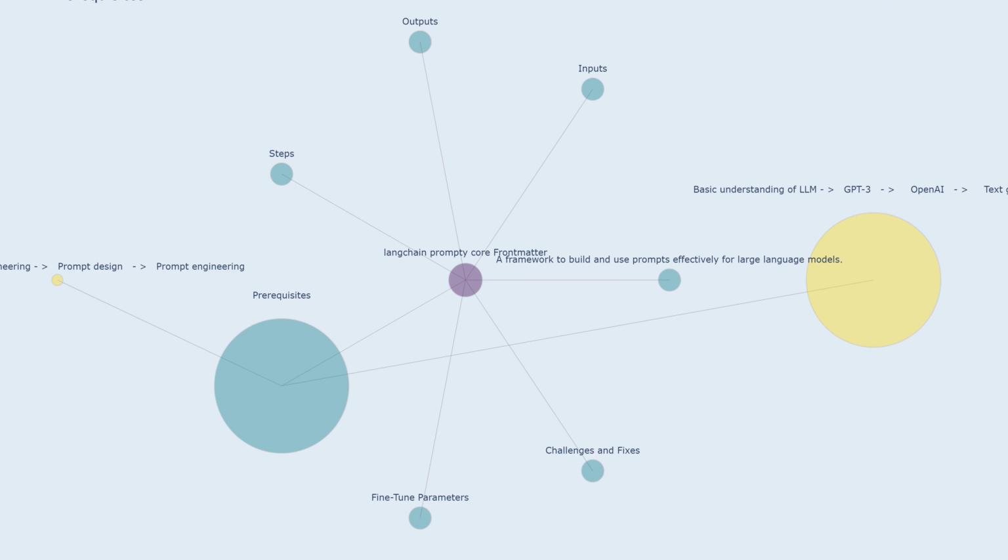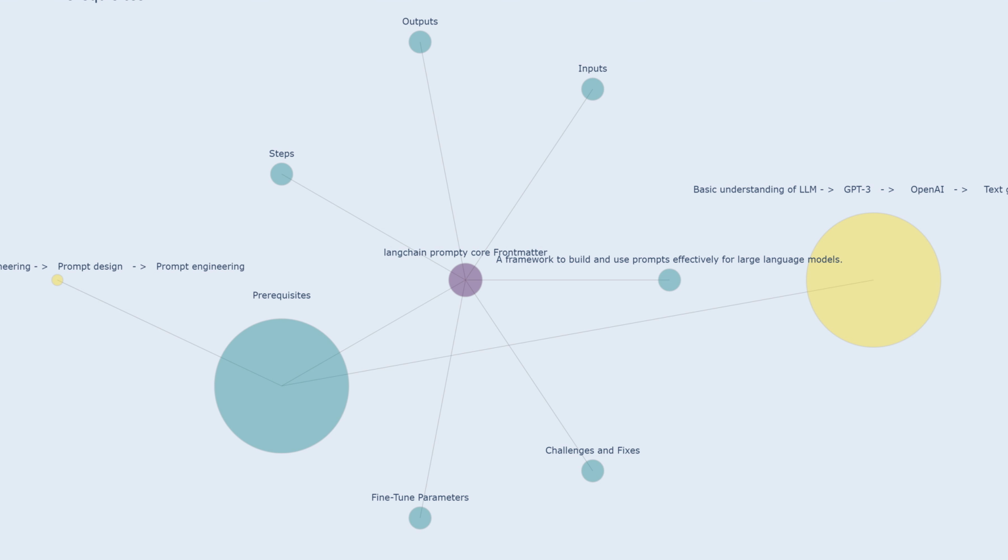Prerequisites. Basic understanding of LLMs refers to knowledge of large language models, their capabilities, and how they work. This includes understanding the basics of natural language processing, text generation, and the different types of LLMs available, such as